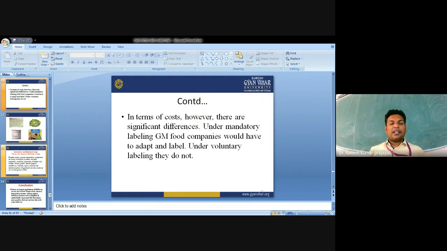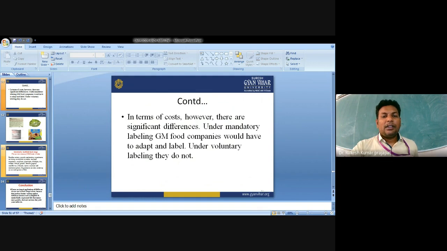A study in Canada showed that the labeling cost could be equivalent to at least 9 to 10% of the retail price of the processed food product and 35 to 41% of the producer price. The study also concluded that biotech and non-biotech food products would be fully affected by this price, which would incur a cost of 792 million per year in Canada.